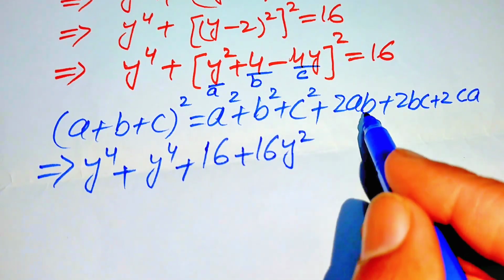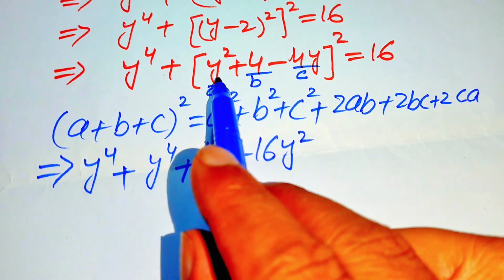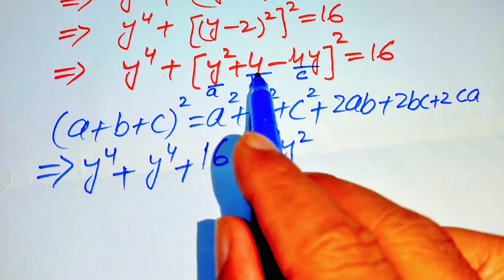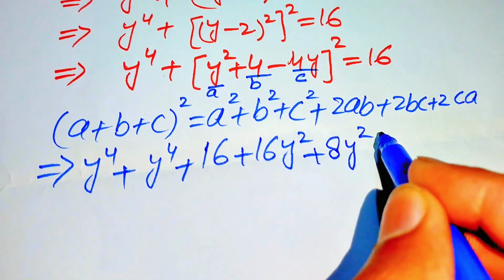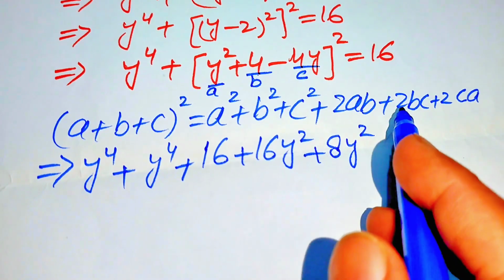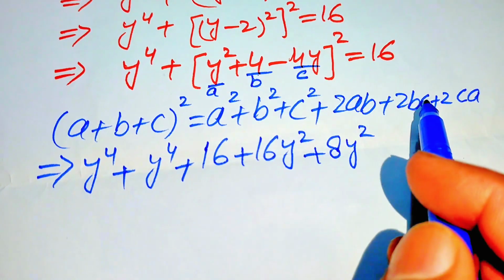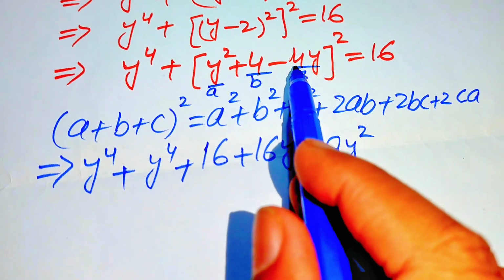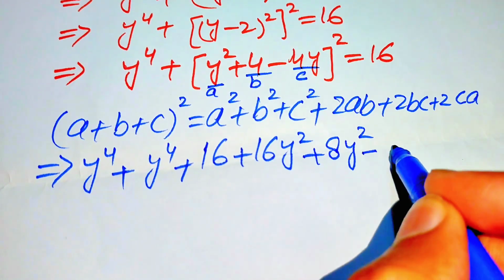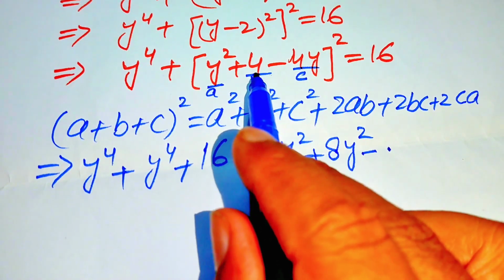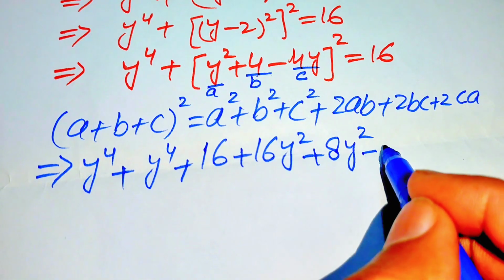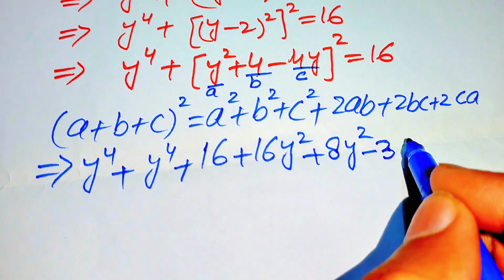And after that we have 2ab, so a is y^2 and b is 4, so 4 times 2 becomes 8y^2. And here we have 2bc, so our b is 4 and c is minus 4y, so minus 4 times 2 is minus 8, and 8 times 4 is 32,